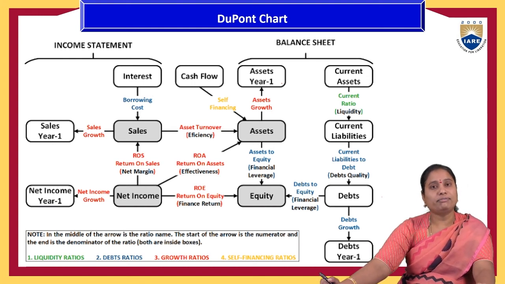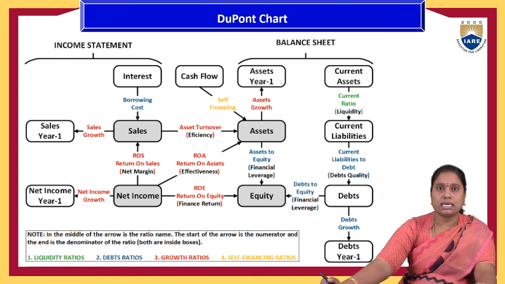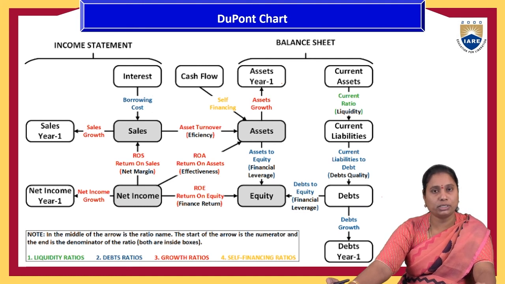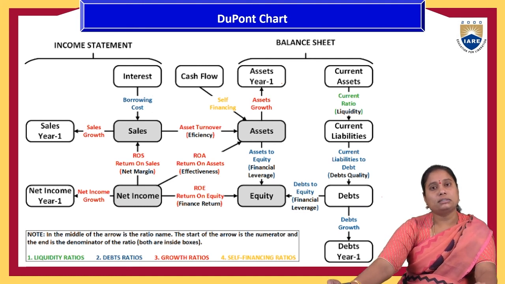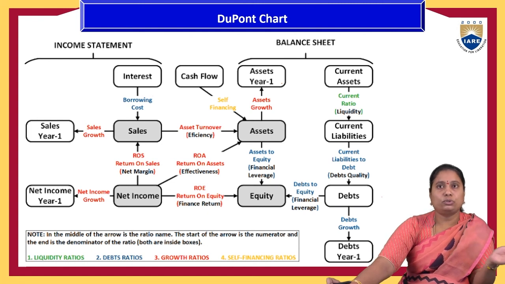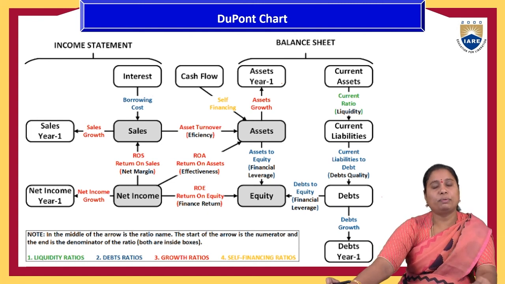Once they have prepared these final accounts, then they have to prepare a statement based on ratio analysis. For that statement to be effective, they have to write some ratios, or mathematical functions are required. That is ratio analysis. This ratio analysis is summarized with the help of this DuPont chart analysis. That's the overall view of the relationship from the first video to the end video of this DuPont chart.